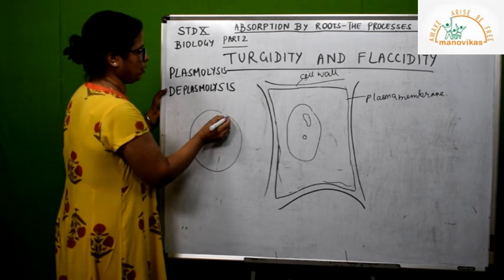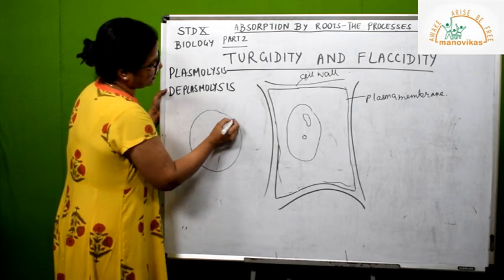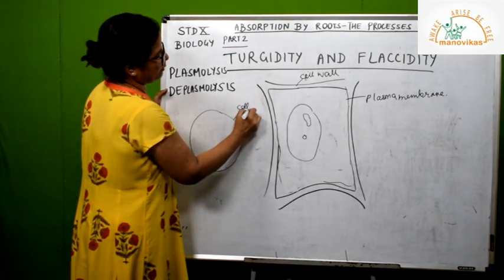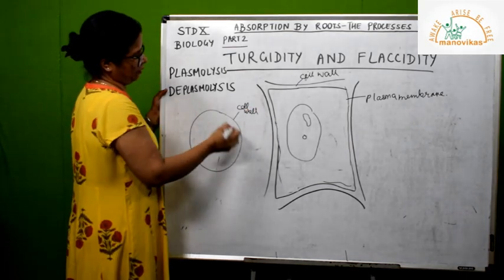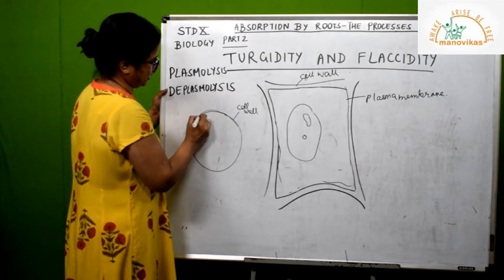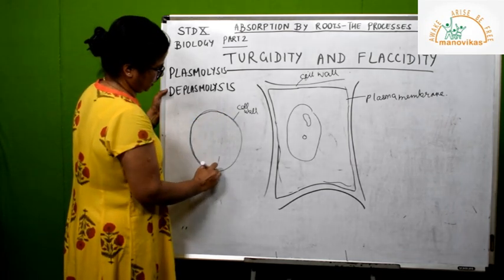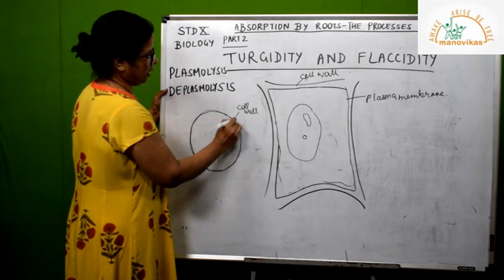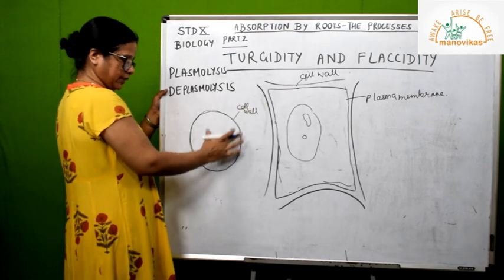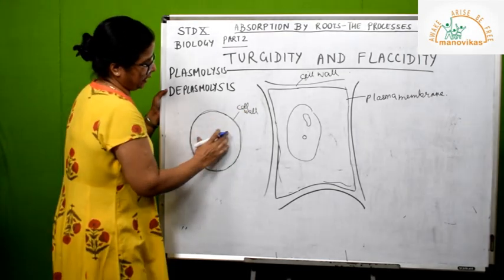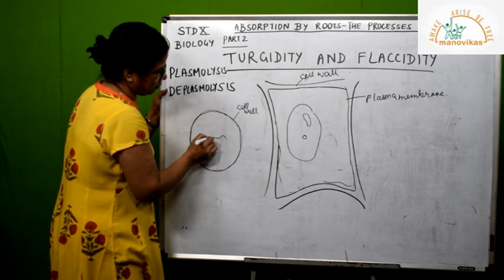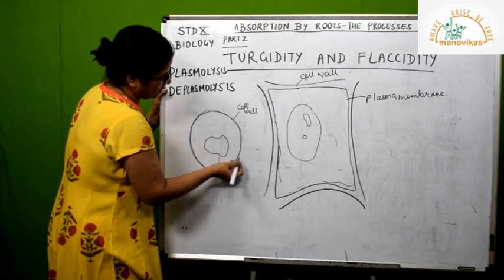Suppose I am drawing a football here. Now suppose I say that the outer wall of the football is the cell wall. Imagine in your mind that this is the cell wall and the plasma membrane is that rubber bladder which it has inside. So when the rubber bladder is full, it is completely sticking to the skin of the football. But if this rubber bladder gets deflated, it lies inside like this,